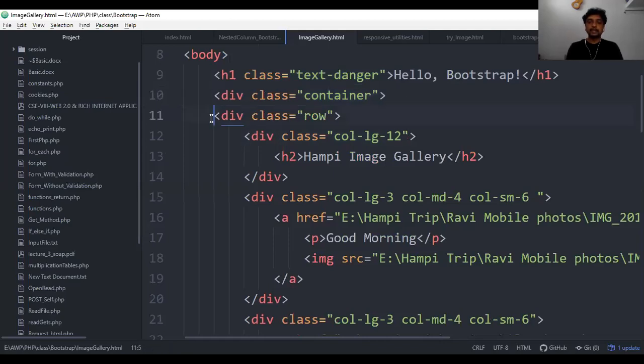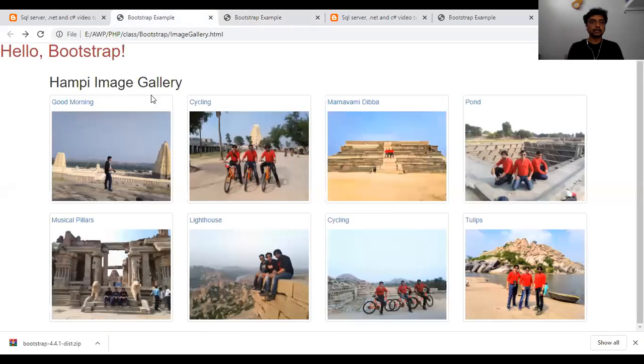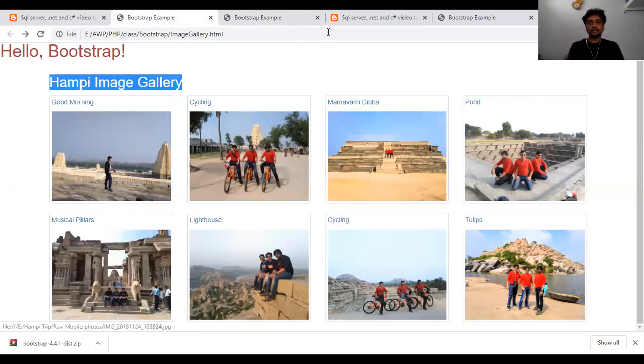Inside the single container, I created a row class, row. In that, I displayed a column whose size is large 12. In the sense, it will be displayed in a single column. I will show you where exactly that is. Let's look here. This Humpy image galleries is one row which takes the 12 columns, 12 units of a single column. I have given that for the name of the gallery that we can see in the first line of code here.